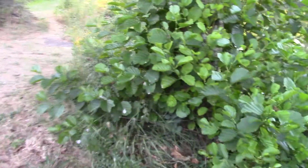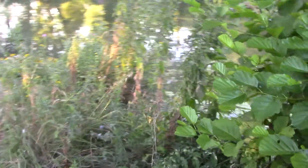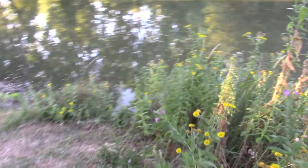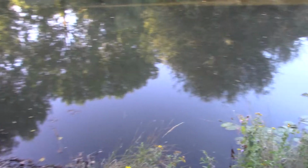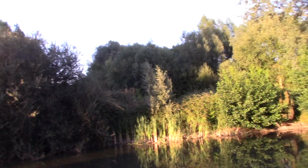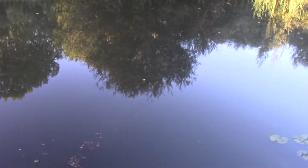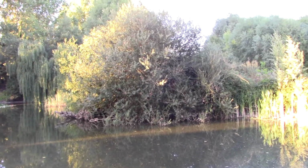And the canal which is attached to this is a man-made canal. This is a natural lake that's been extended. The canal is almost dry, and if I get a chance I'll wander around there and do a little bit of filming. But the canal always does dry up because it is behind that bank, and being a lot higher it does run out of water a lot faster. So we have a quick scooch around,